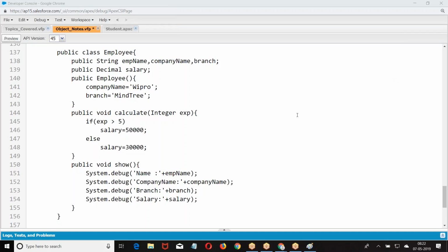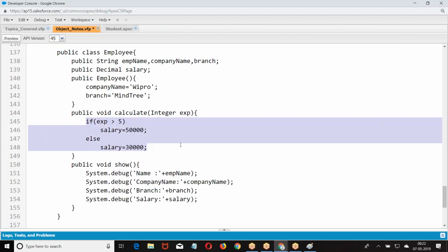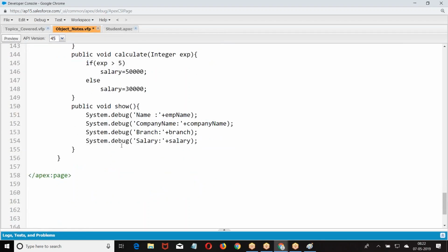The calculate method is taking experience as input parameter and performing the operation. Then how do you execute this? We have employee, I told employee to assign the name.